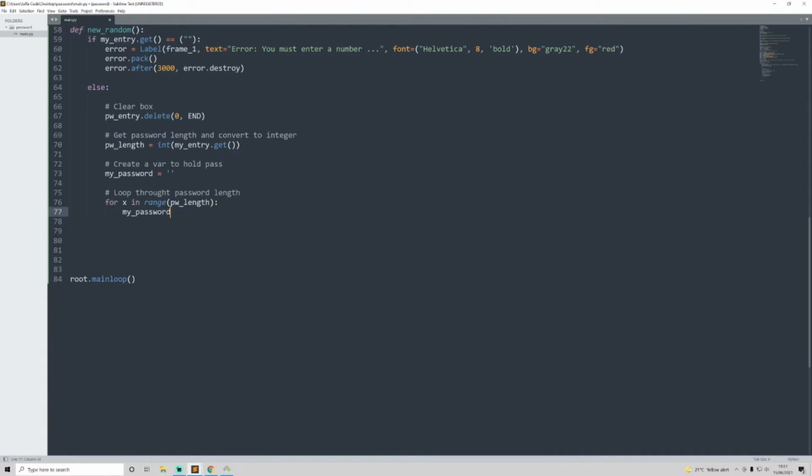So my password, and then we want to go plus equals to a character randint, and then we're going to go 33 and then 126, just like that. So let's go ahead now and create the output, the password to the screen, and let's go password entry. Oh, done a typo there. Output the password to the screen. There we go. Password entry. Let's do dot insert, and we're going to go 0,